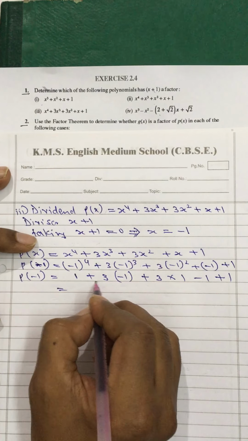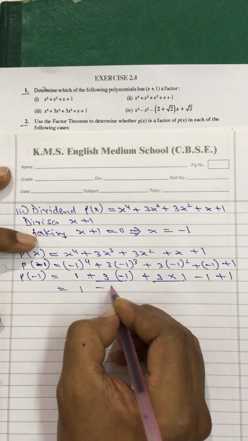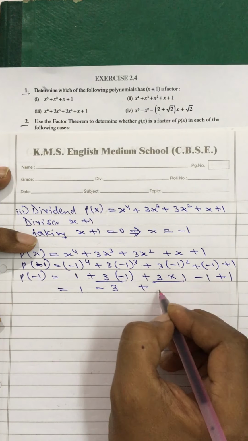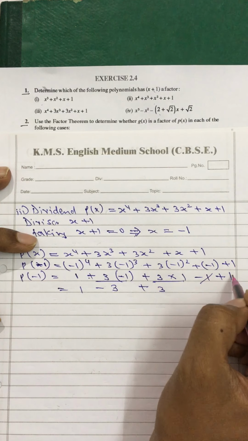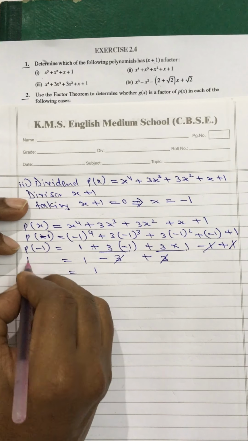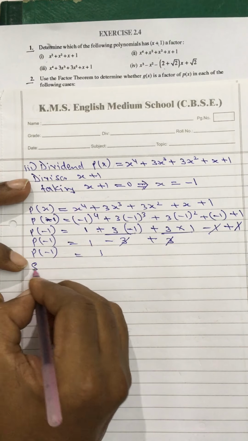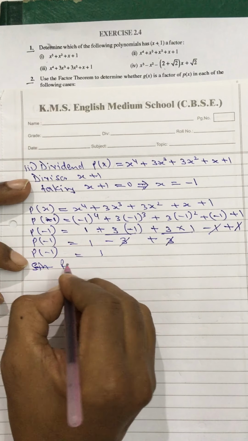I will multiply this, I will multiply this, so what I will get is 1 plus minus, minus 3 1s are 3, plus 3 1s are 3, and this will cancel, minus 1 plus 1. So here minus 3 plus 3 also will go, and you will get 1. Okay, my dear students. So since here first of all remainder is equal to 1,